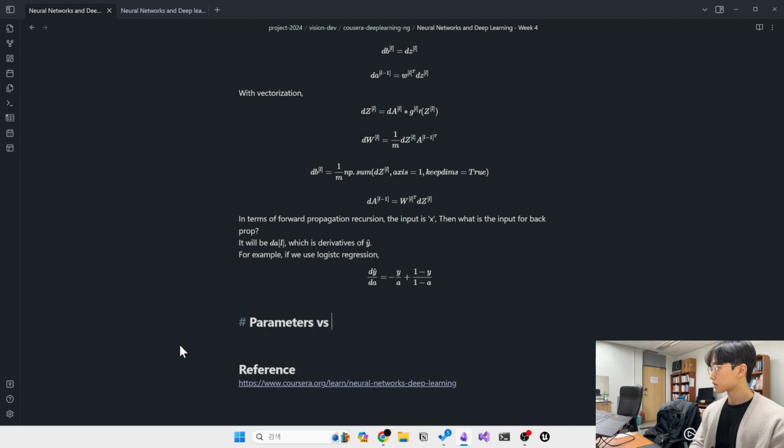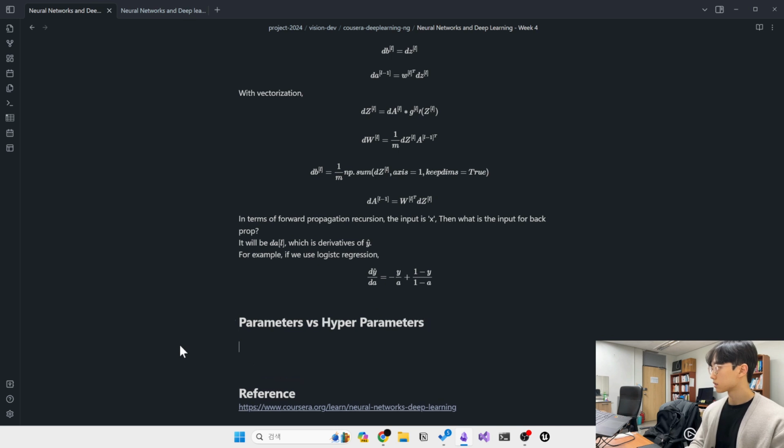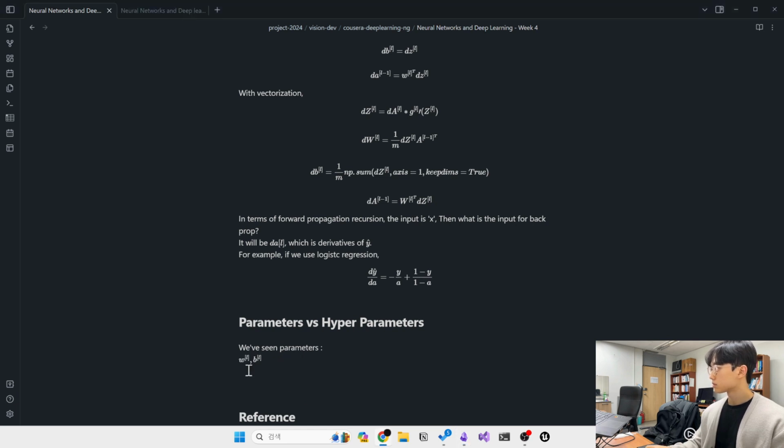So the parameters of your model are W and B. And there are other things you need to tell your learning algorithm, such as the learning rate alpha,